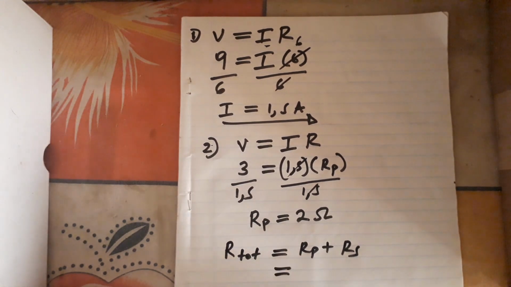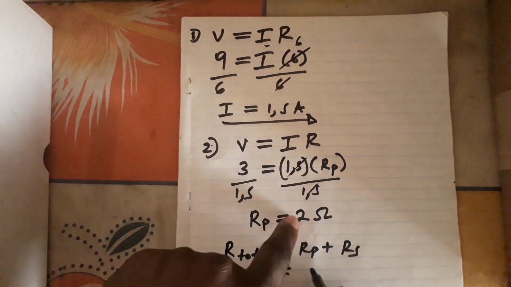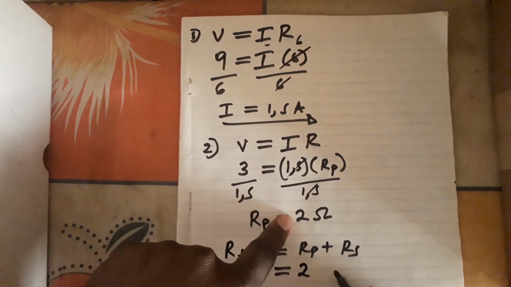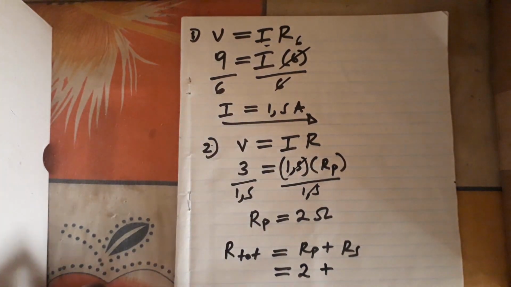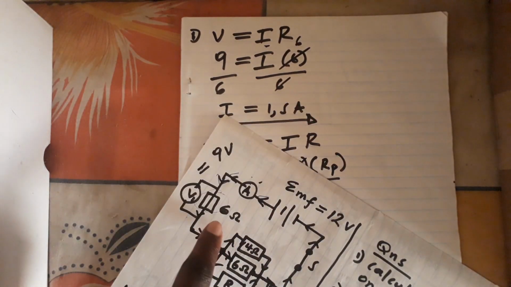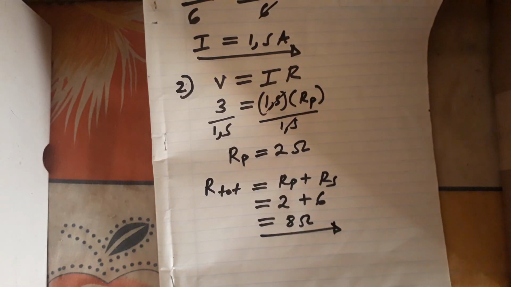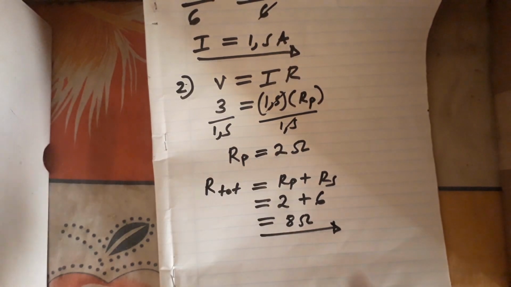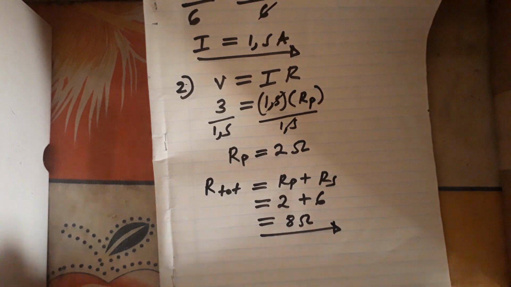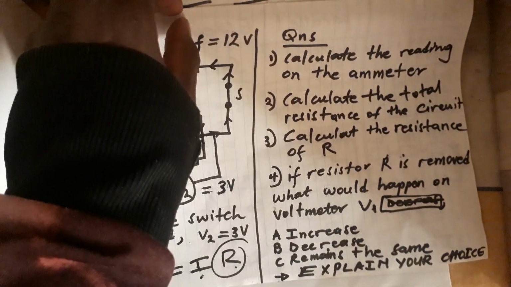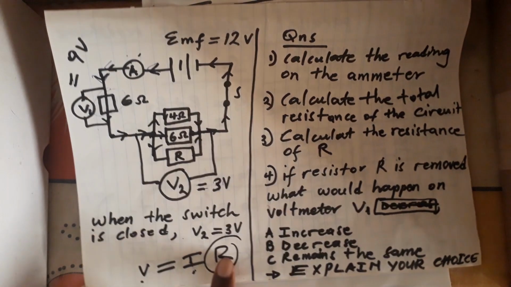What is the total resistance in parallel? Is 2 ohms plus the resistance in series, which is 6 ohm. And then we're gonna say plus 6. The total resistance is going to be 8 ohm. And then we go to the third question, which says